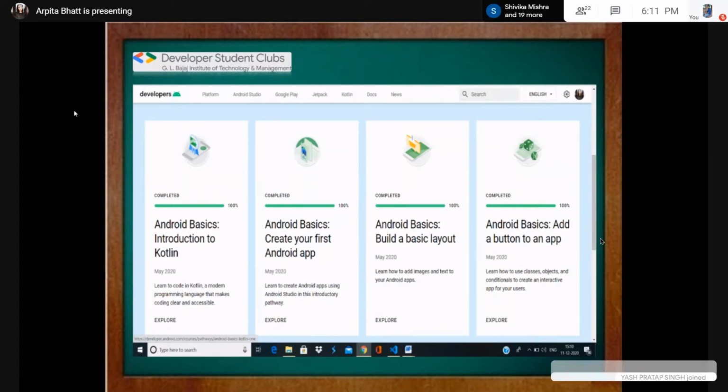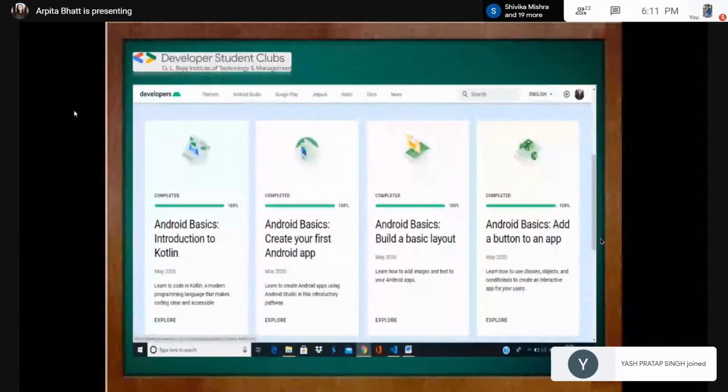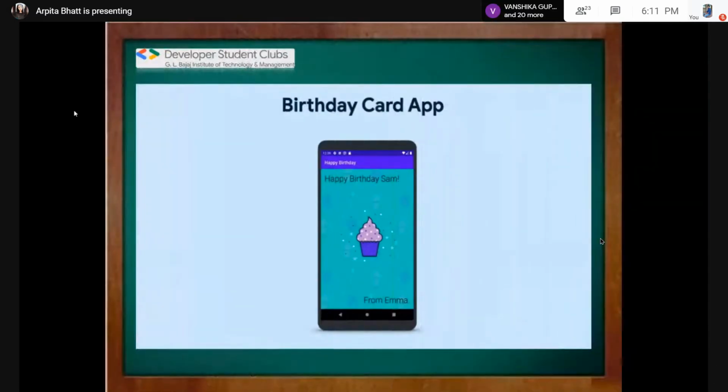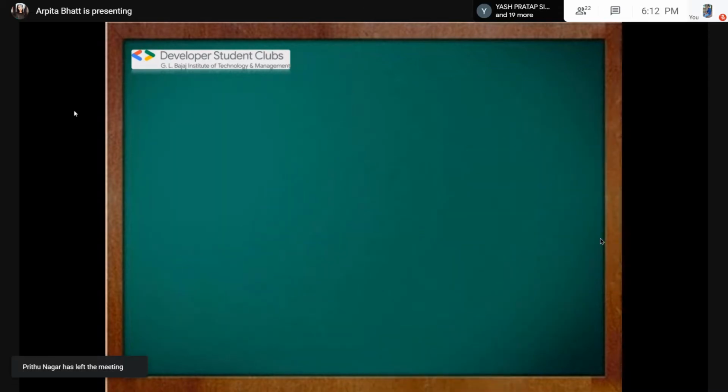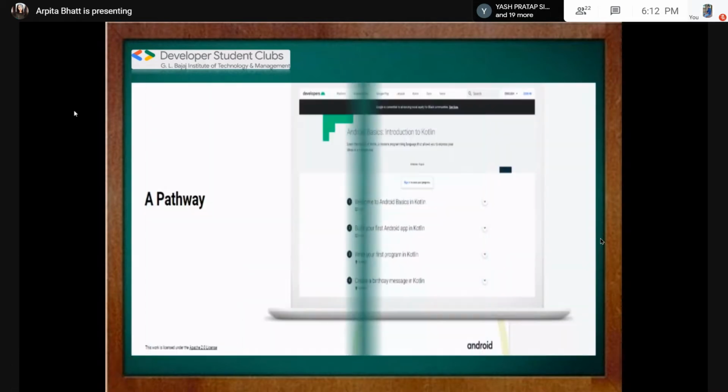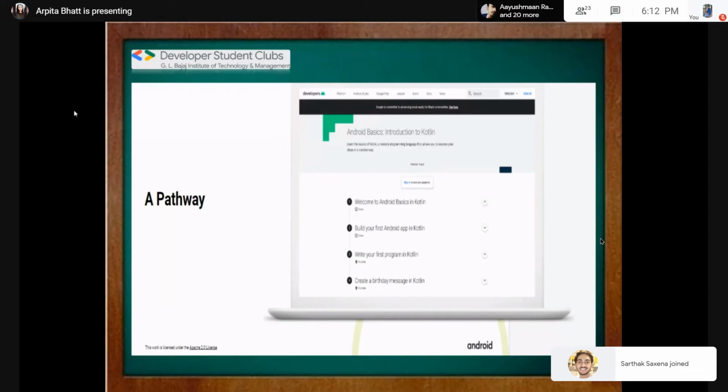code labs and quizzes. So let me show you some glimpses from Unit 1, which I hope you all must have already completed. Here's the birthday card app. I really found this very fascinating and quite interesting to code. These are some of the compulsory code labs, as you can see here on the screen. There are some optional code labs too. These code labs are easy to understand and they are very interesting.